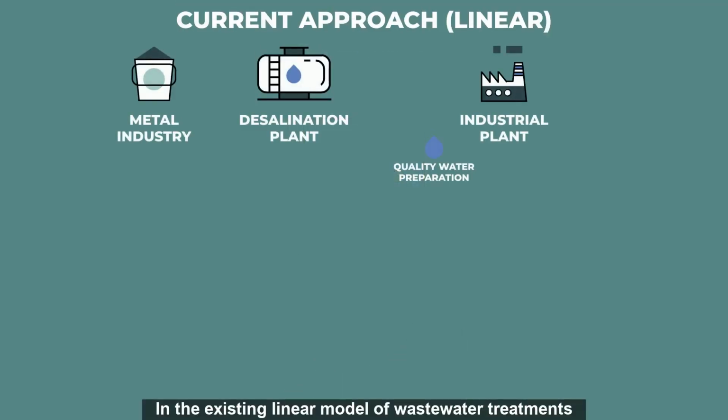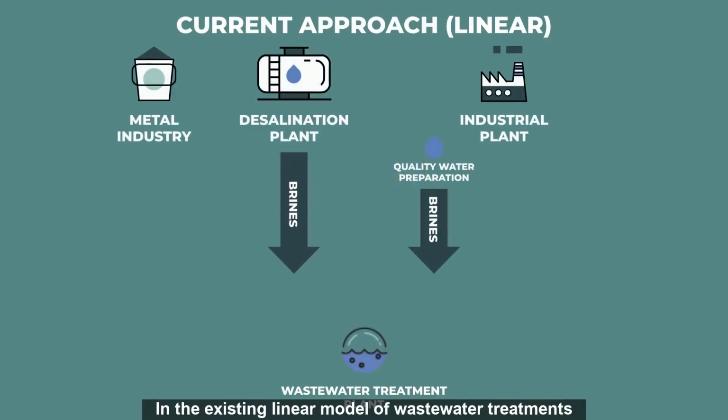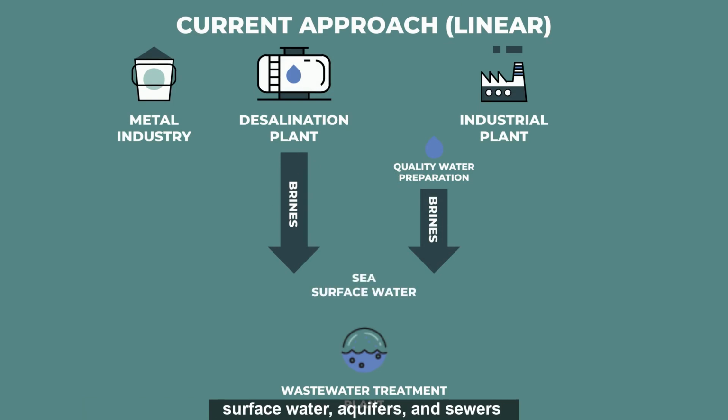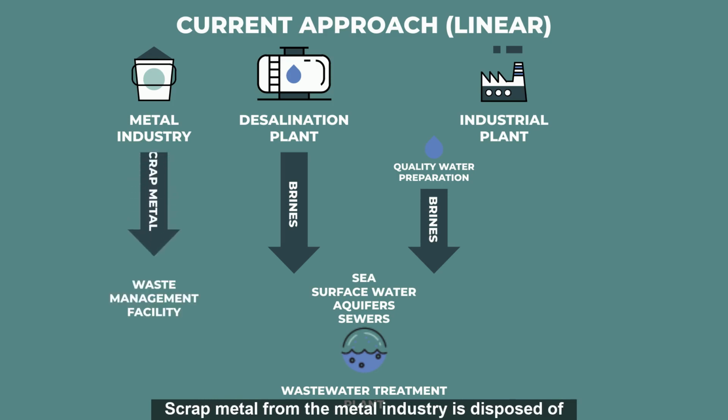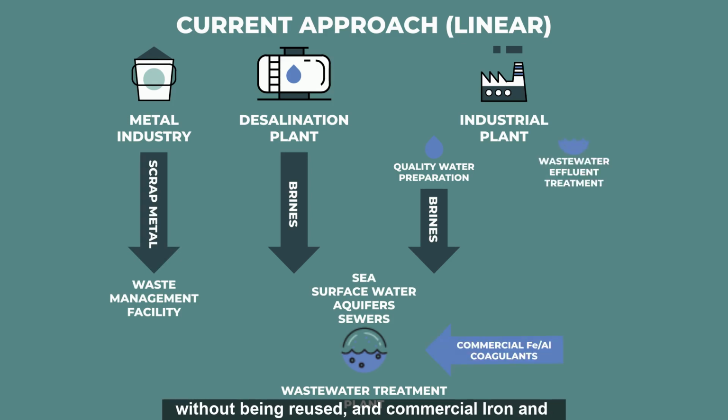In the existing linear model of wastewater treatment, brines from desalination and water treatment are pumped into the sea, surface water, aquifers and sewers, causing damage to the soil and marine ecosystems. Scrap metal from the metal industry is disposed of without being reused, and commercial iron and aluminium coagulants are purchased